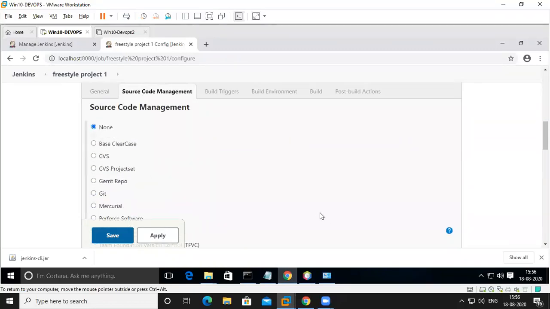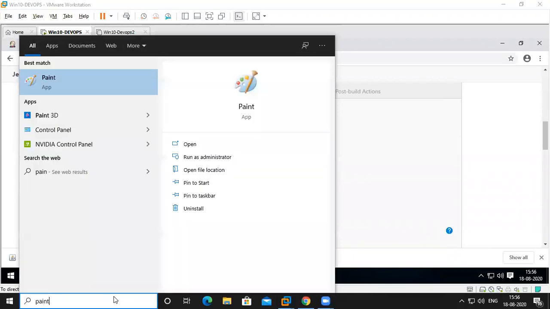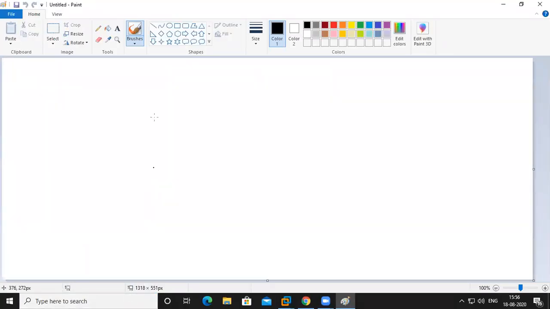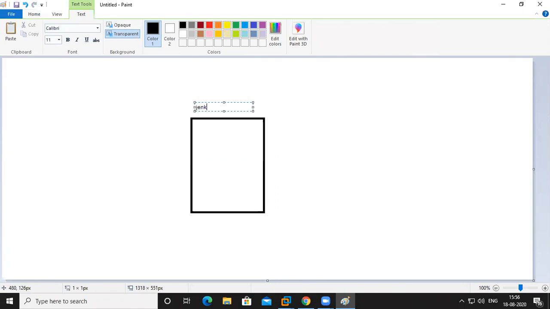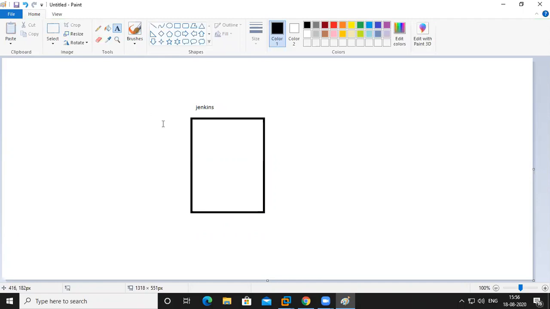What is source code management? Already I told you, this is Jenkins. What Jenkins will do is take your code and do building, testing, and deploying kind of stuff, right? So somewhere your source code is there.